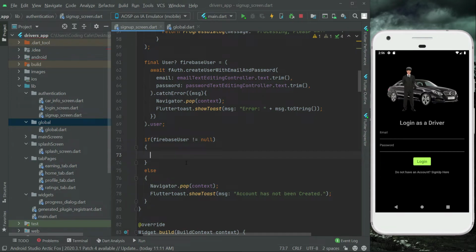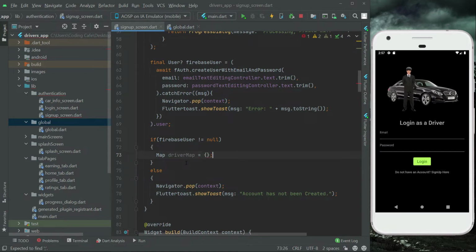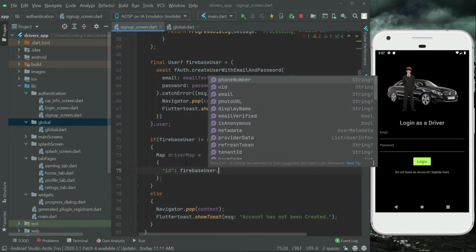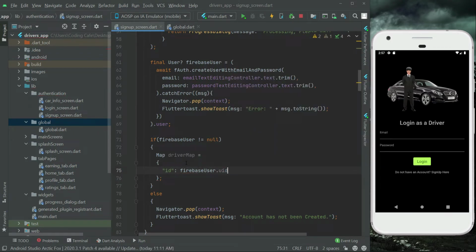So we will create a map for saving our data, as it is the driver data, so we can say drivers map. For saving the ID of that driver, we can say Firebase user dot UID, comma